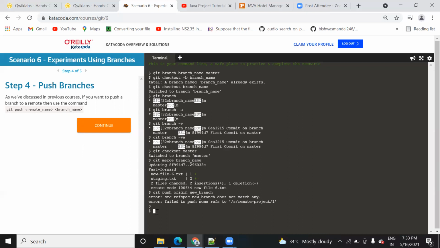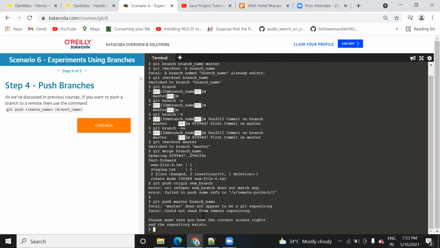So let me take git. I'm just trying here. Okay, so here I have written the wrong command.